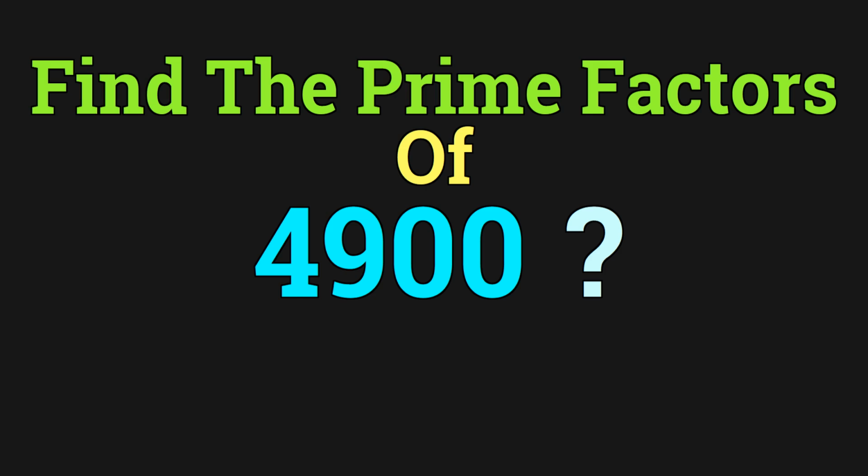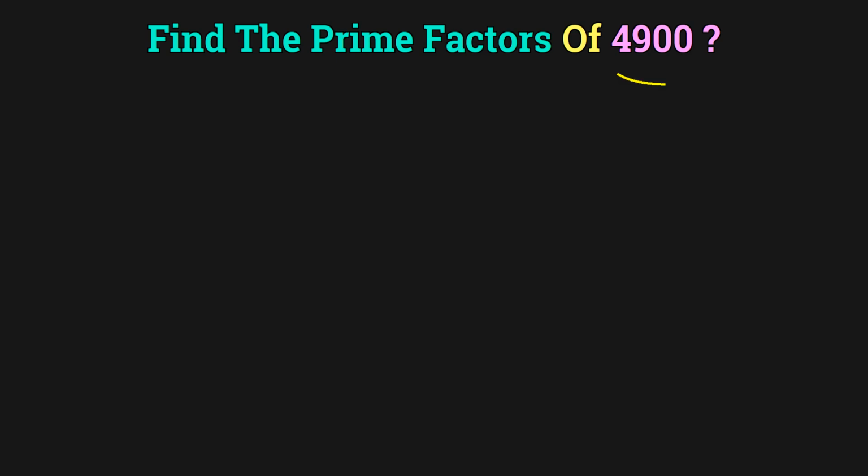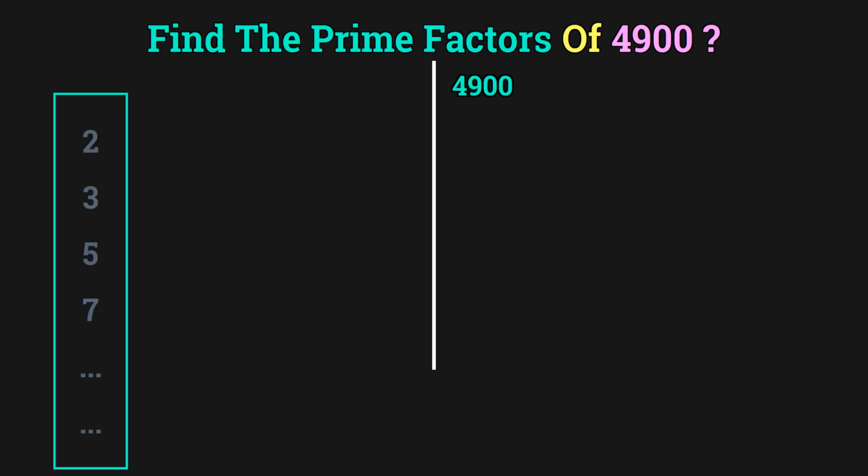In this clip, we have this number 4900 and our goal is to get its prime factors. Let's start the solution. Now put down our 4900, then draw a vertical line. Look at these prime numbers set on the left, dividing